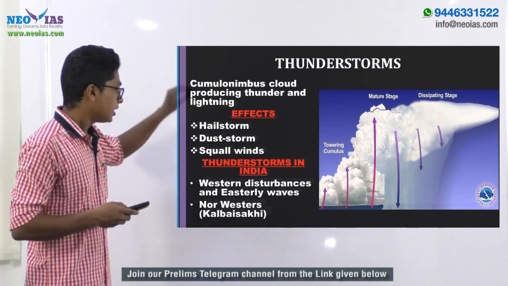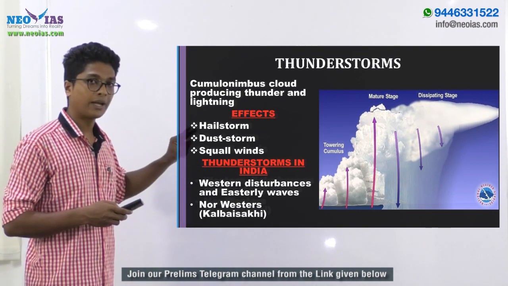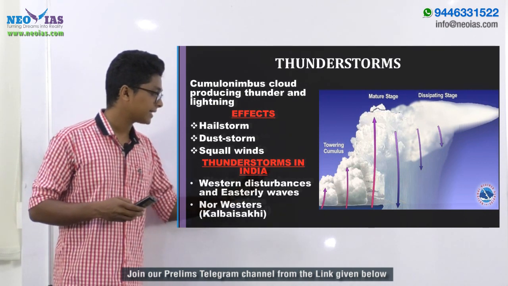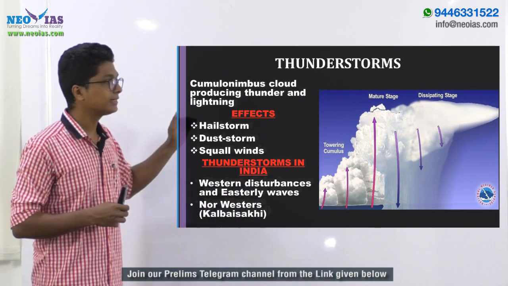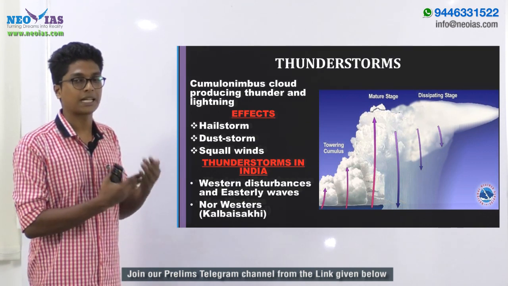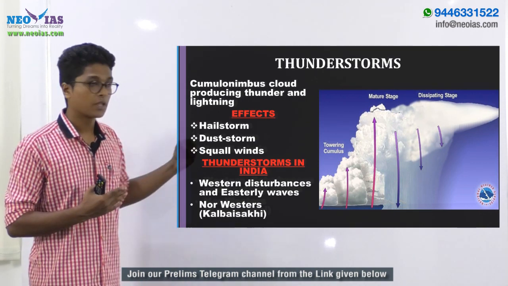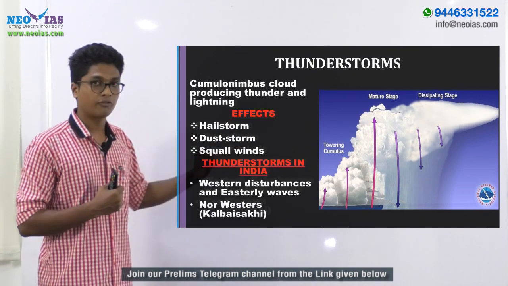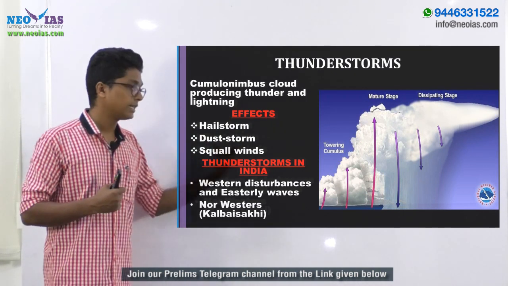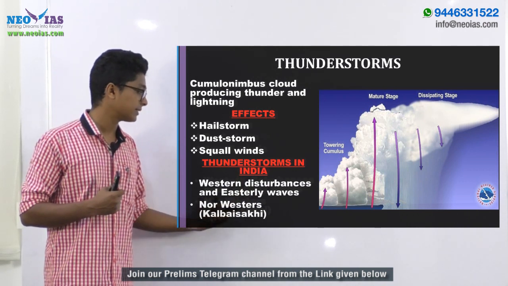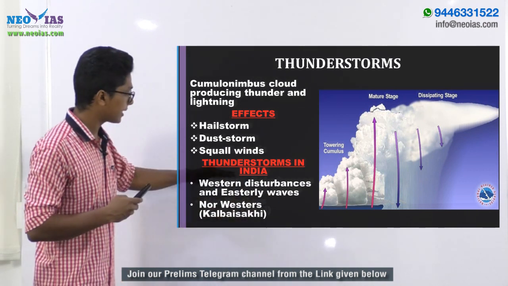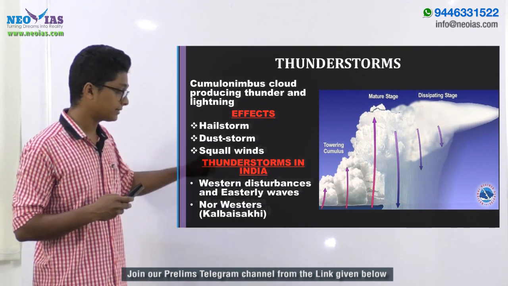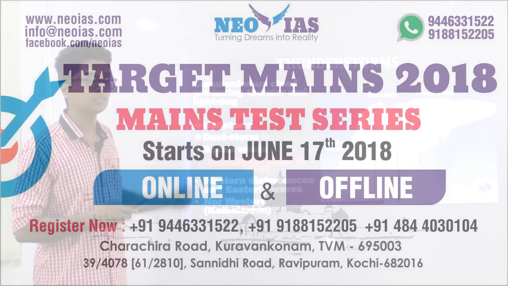Now in India we have two separate weather events, called the western disturbance as well as easterly waves. Recently we have found thunderstorms as well as dust storms in India, and if you go through the articles, one of the reasons behind their formation was attributed to the western disturbance as well as easterly waves. So let's take a look at how the western disturbance as well as the easterly waves influence the formation